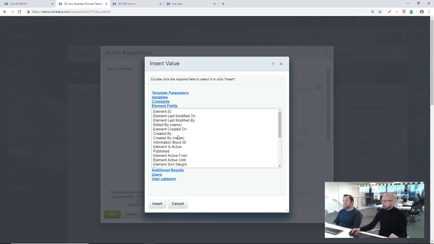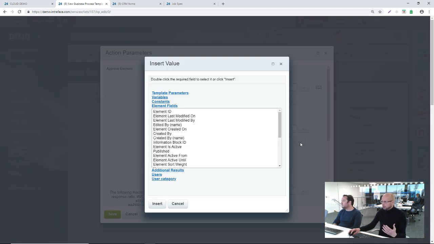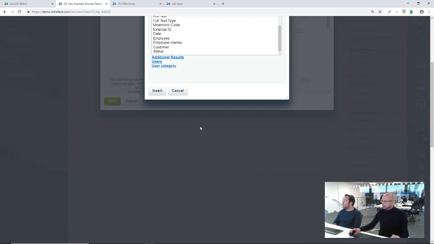So let's go into, so I'll just show you. We're going to go into here to allow us to bring in some of the information from the fields that we've created for this particular form. So we had customer, insert. Let's just give that a name as well, so you can see what the field is, and we're going to populate in here